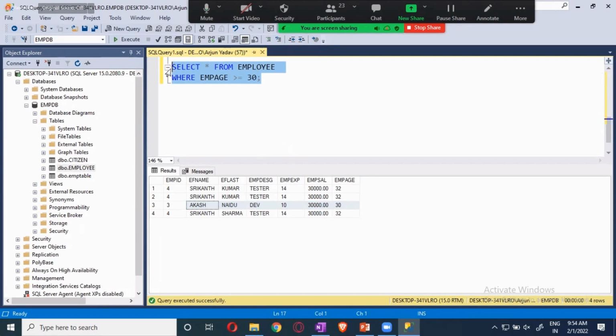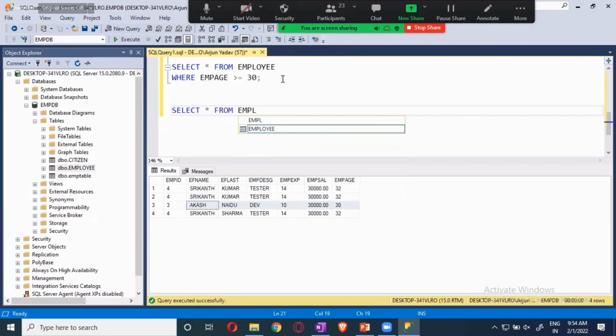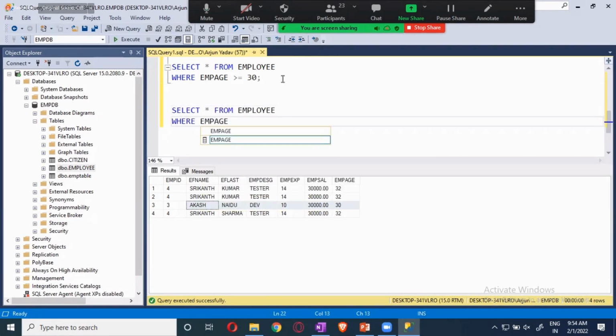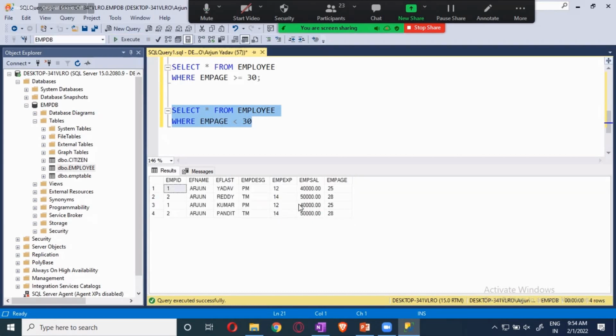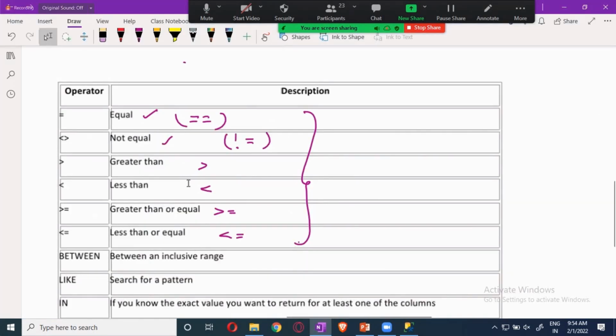If you wanted select star from employee where EMP age is less than 30, I want to check it out, less than 30 over here. Now you see this, I'm getting all of them less than 30. If I give equals to over here, now you will be getting including the 30 over here. Got it? Akash is being included. The same thing we have done over here, all of them.